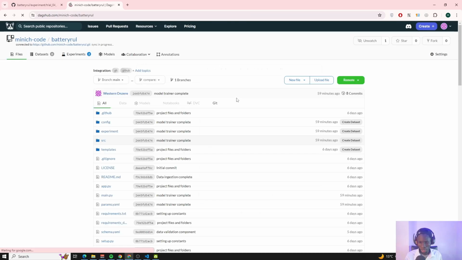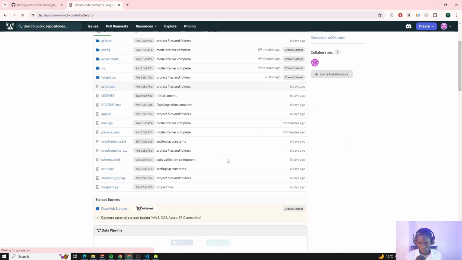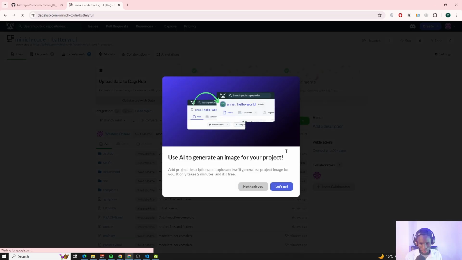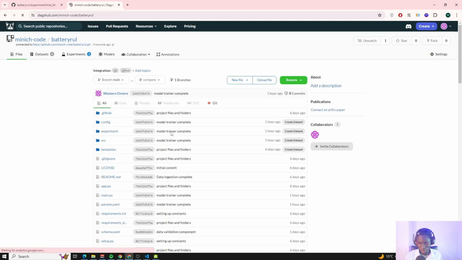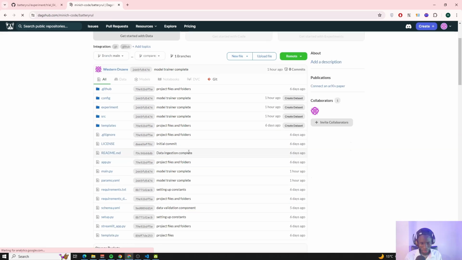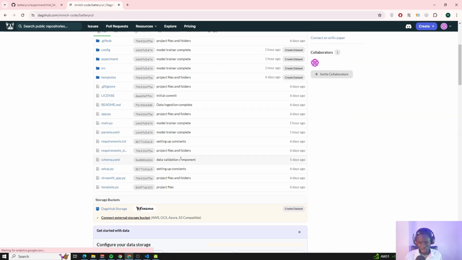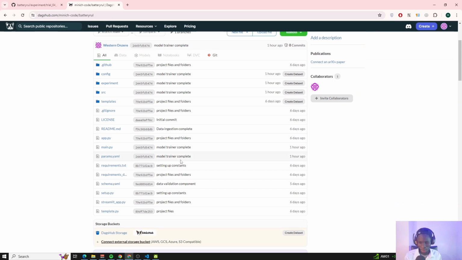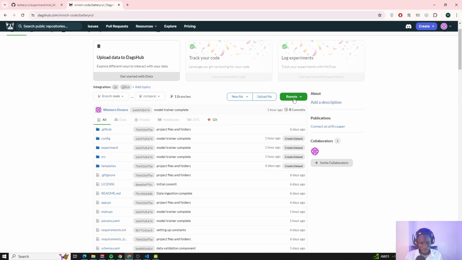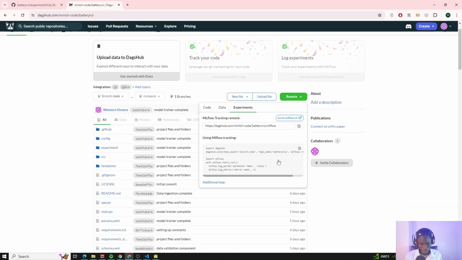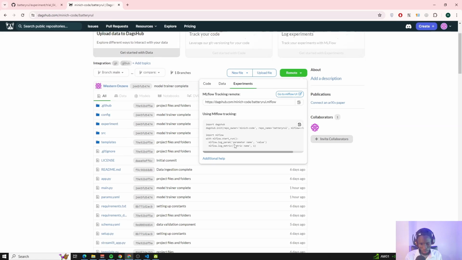After that, you'll be taken to such a page, and then you can see that technically you have done something like cloning your repository from GitHub to Dagshub. So from here, you just go to this button remote, then you go to experiments. Under experiments, you remember this is what we will be using. This is the MLflow tracking link,